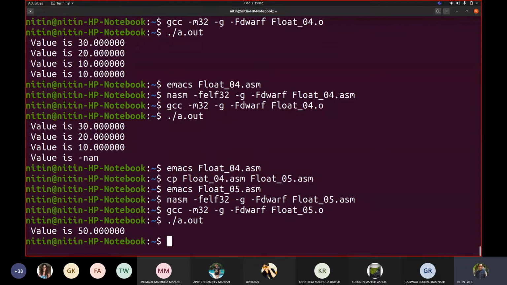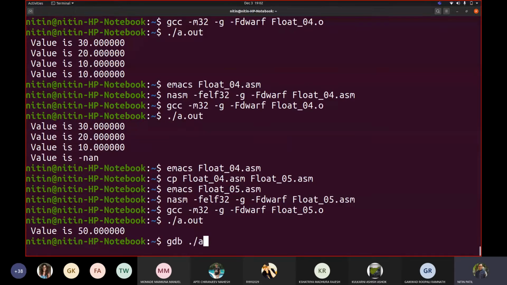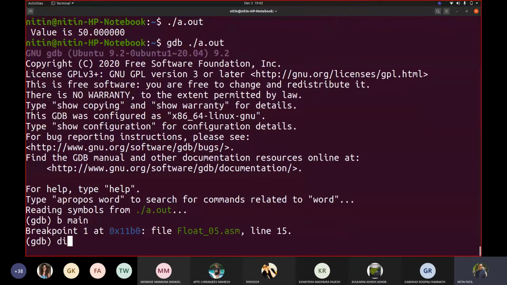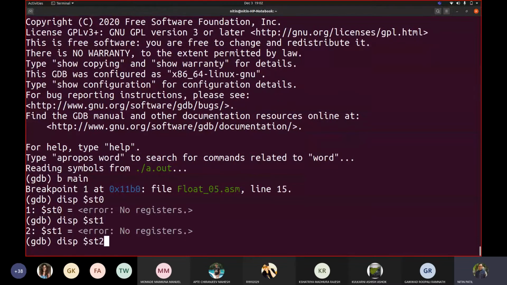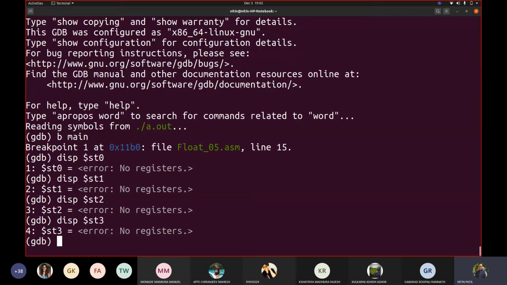What happened was it is not 10 and 20, because we already pushed 3 values. So the addition of 30 and 20 would be 50. Let us try to debug this. Breakpoint main, display $ST0, ST1, ST2, and I will take ST3 too, though we are not going to make use of it.